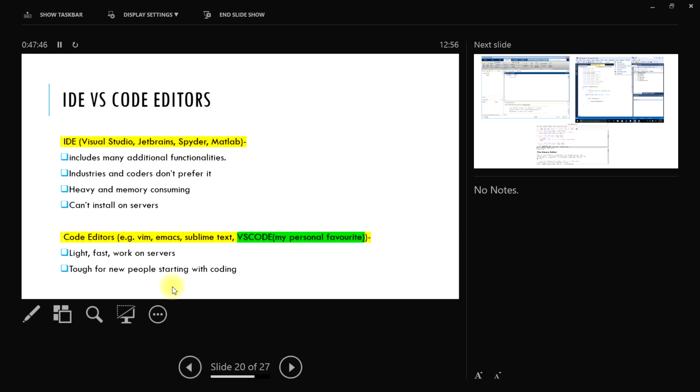People use gedit, like just a simple text editor. Notepad. Notepad++. They are just text editors. You write your code in that. If you write wrong syntax somewhere, it won't tell you that the syntax is wrong. You have to figure it out by yourself. On the other hand, if you write wrong syntax in the MATLAB window, it will show it with a squiggly red line.